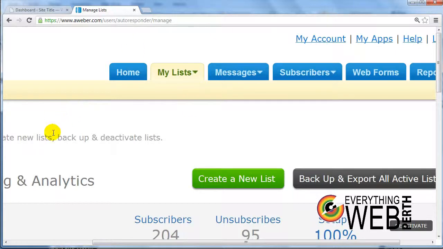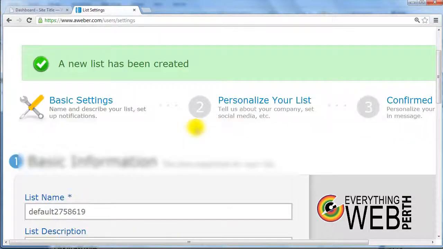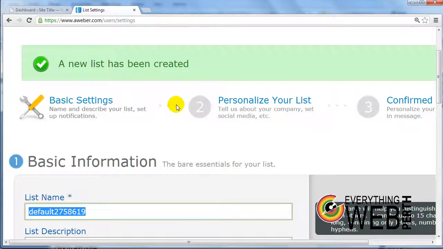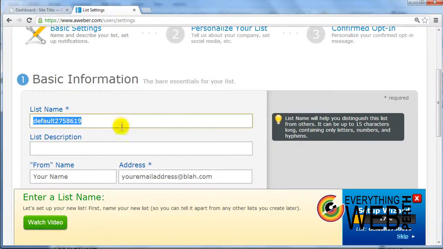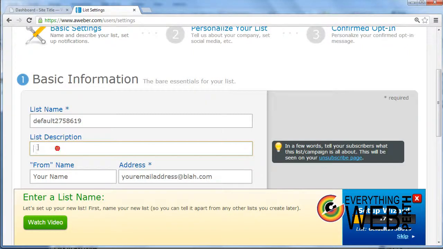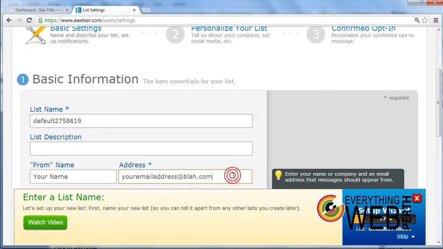And then at this page, if you scroll all the way to the right, at the very top, you're going to see a green button that says Create a New List. So simply click on Create a New List. With Aweber, it's going to automatically name your list at the very top here, so you can basically just enter your customized list name here. We'll just leave it like it is, but you can customize it if you want to. You can also enter the list description, and that's just for you when you refer back to it so you know exactly what the list is all about. And then your name, of course, and then your address would be your email address. And once you're done with that,